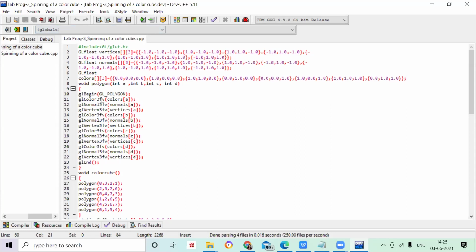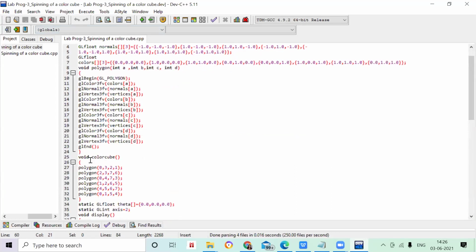So you see now it's very easy to remember. Just write down void polygon, enter all the data variable names. Then you have to create the GL polygon, end it, and enter all these things. That is very easy to remember also. It's not difficult to remember. Got it? So now next I'm just going here, as I have used polygon. So here I'm going to write this. So now you can ask me, can we remember all these numbers, 0, 3, 2, 1, 2, 3, 7, 6? No, you are not going to remember this. I'm just letting you know how you can do this.